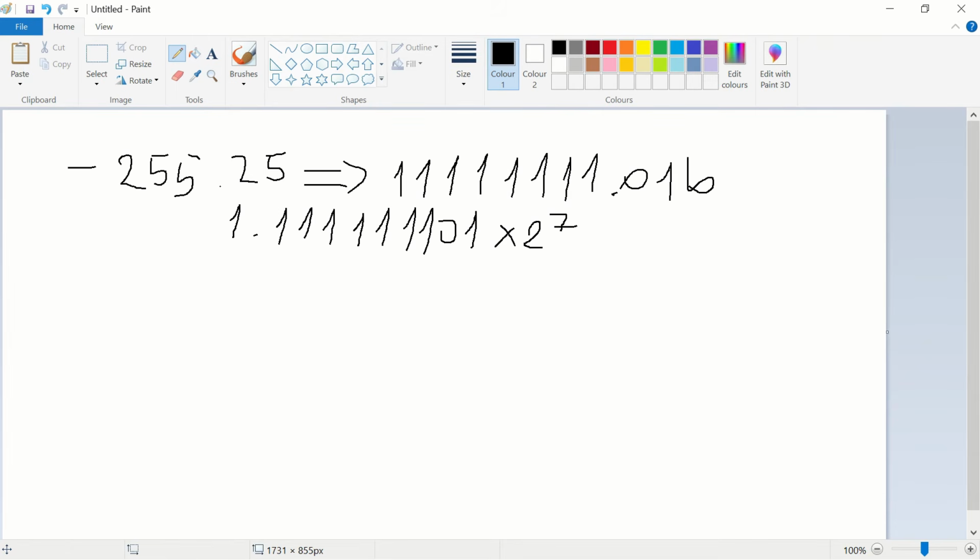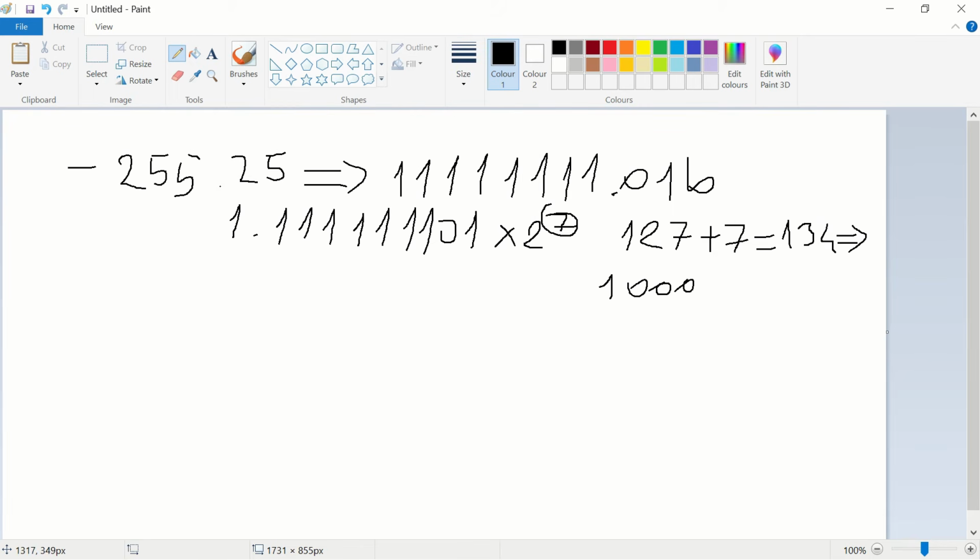The exponent bias was 127 for single format, and we are going to add our exponent here, which is 7. It's going to be 134,